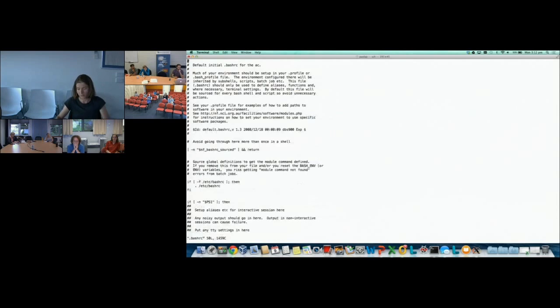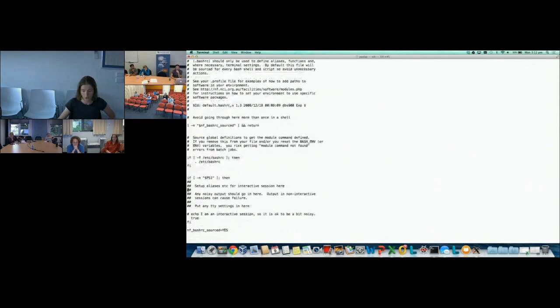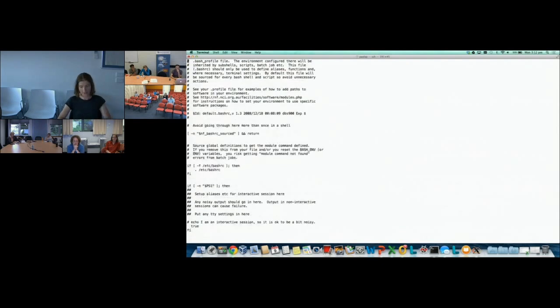A similar file, in my case because I use bash, is the bashrc. It's called .bashrc. This is going to set up all the things I want to have when I'm running a bash job. So this is when I'm submitting jobs and running things in the background, this is what it's going to look at. Here I can set up and load different modules from what I have in my .profile, but this is just going to work when I run bash jobs, for every bash shell and script.